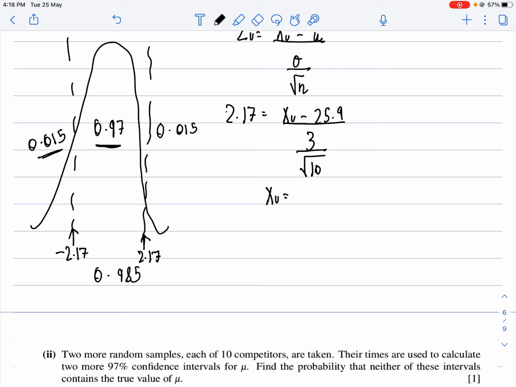So I can simply solve this on my calculator. Agreed? Just give me one second. Solving it. When I solve this on my calculator, I get my answer as